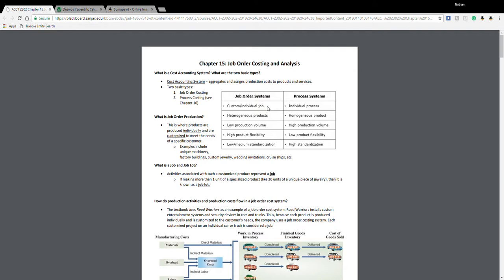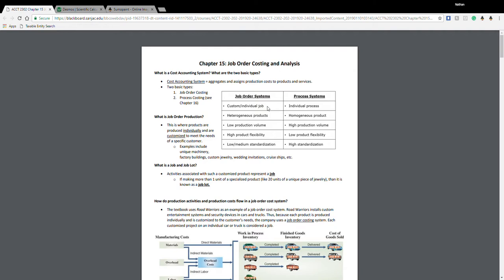And a real famous company that dealt with just-in-time was Toyota. So they're the ones that almost pretty much invented that, where they don't order the materials until they're almost done, or basically once the job is there. We have the low-medium standardization. Again, that's basically they don't have anything ready until the job comes in, then they know exactly what they need. Compared to the process system